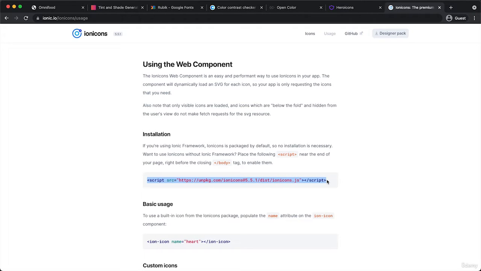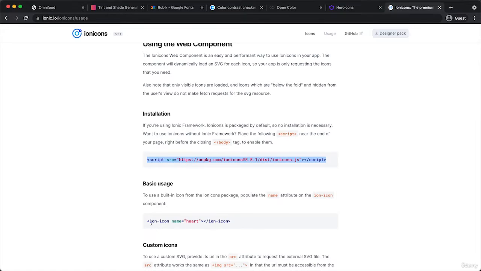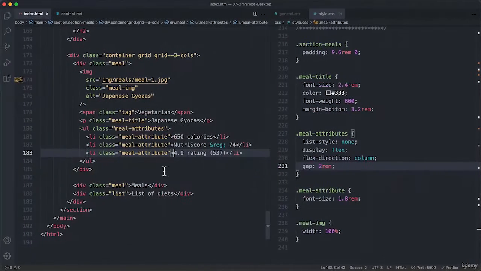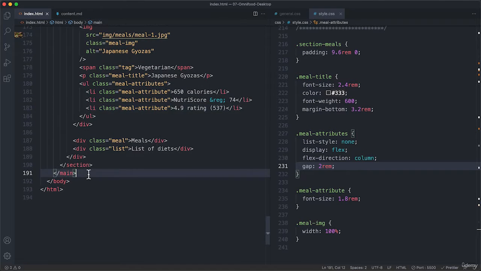So this is basically some JavaScript that we will integrate into our own page. And what this script will do is it will give us access to a special element called ion icon, right? And then there we simply can use the name of the icon that we want to use. And so that will then basically automatically inject the SVG into our page. And that probably sounds more complicated than it needs to be, but I just wanted to explain to you how it